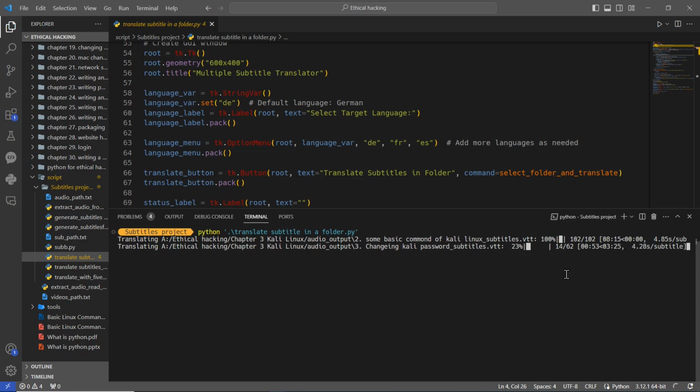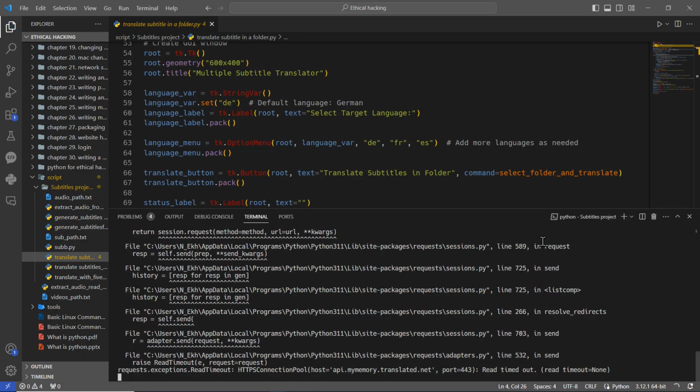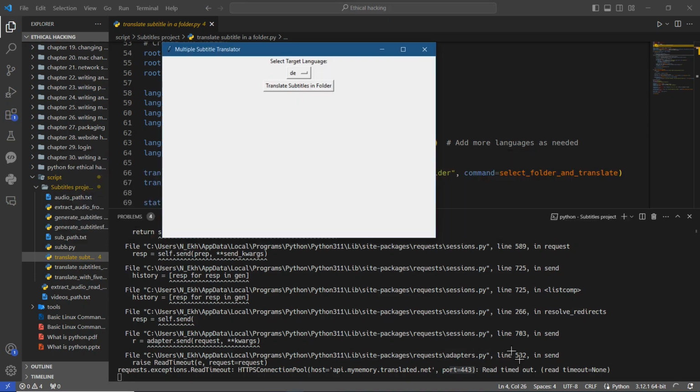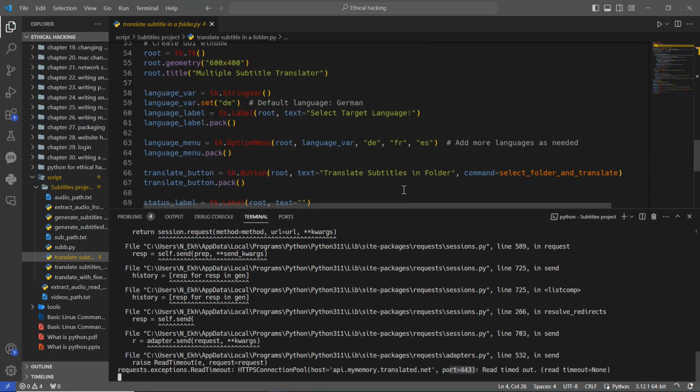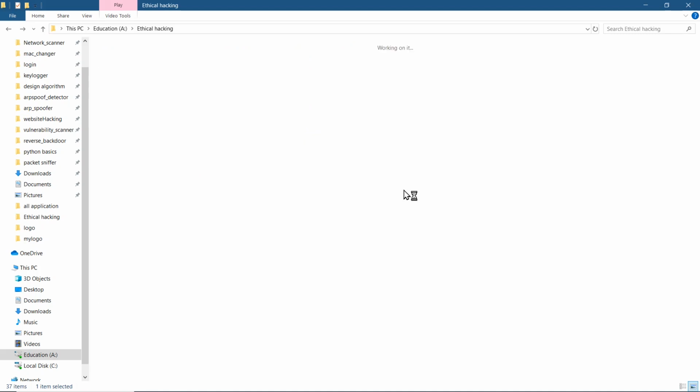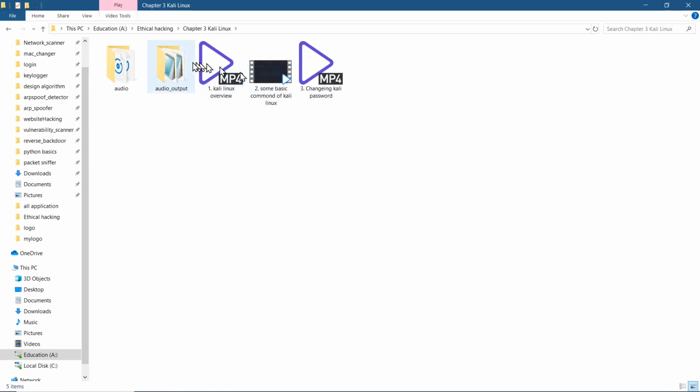Now you see that one of them is completed, 100%. The other one is 23%, it's 100%. So I will cancel this. And also you see we had a kind of internet connection timeout. Let me go back to see the result, if there is a result. First, let me show you the GUI. This is still here. I'm going to cancel this. And then I will go back here in chapter 3, in the output,